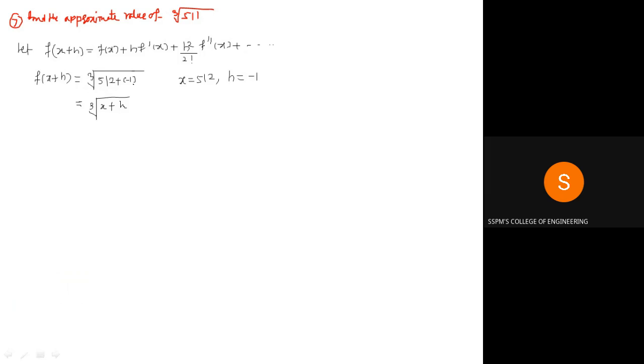512 के लिए x और -1 के लिए h, तो मैं ऐसे लिखा है. तो f of x आप लोगों को मिल सकता है. सो f of (x plus h) इज, कैसे लिख रहे हैं? क्यूबिक रूट ऑफ (x plus h). मतलब f of x क्या मिलेगा आप लोगों को? f of x इज क्यूबिक रूट ऑफ x. सो ये सही फंक्शन होता है इन टर्म्स ऑफ x, बिकॉज सच ए काइंड ऑफ फंक्शन वी एक्सपेक्ट